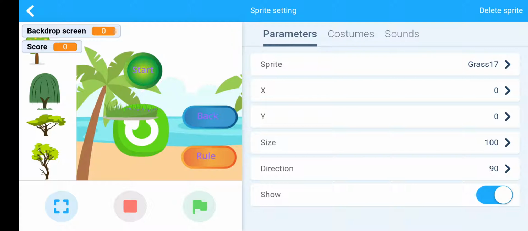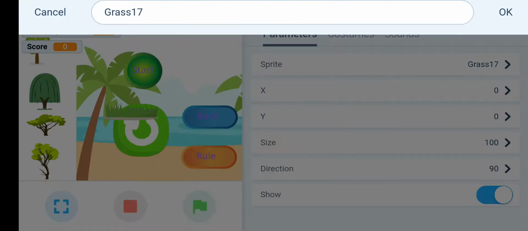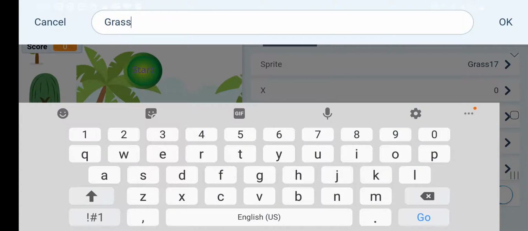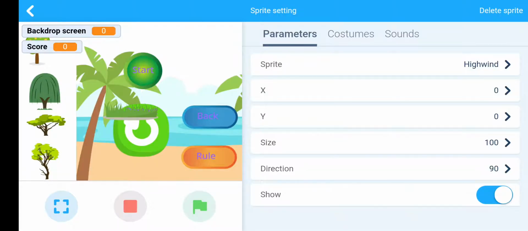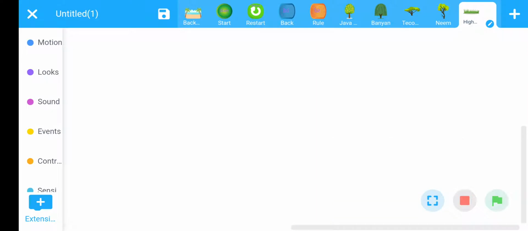I will consider that this soil patch is for high wind landscape. Okay, then press OK. I have 4 landscapes, so separate soil patches should be added here.